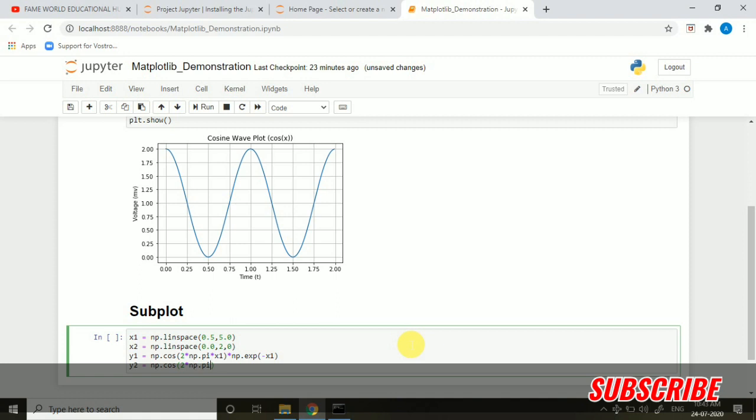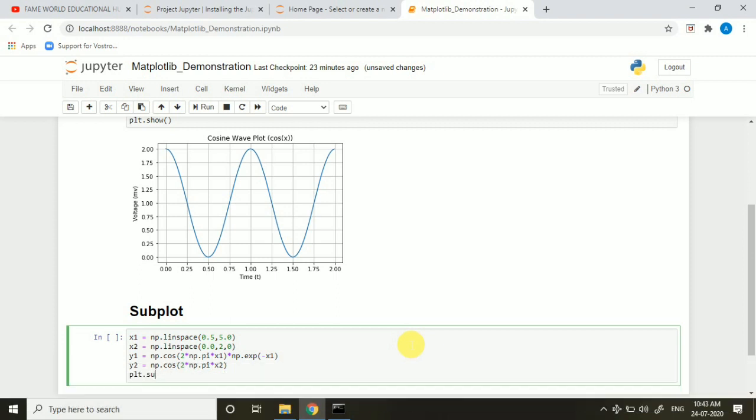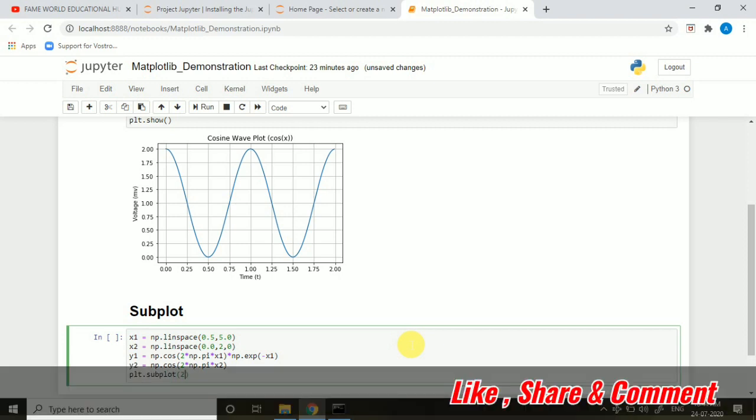After this I am taking plt dot subplot. This time we are going to use the method subplot. Subplot is used for creating subplots, and what I am doing, I am taking two plots in a single cell, and this is the first one. This is representing the number of plots, two plots we are going to create in the single cell. This one is representing a single cell, and this is representing that this one is the first graph of the subplot.